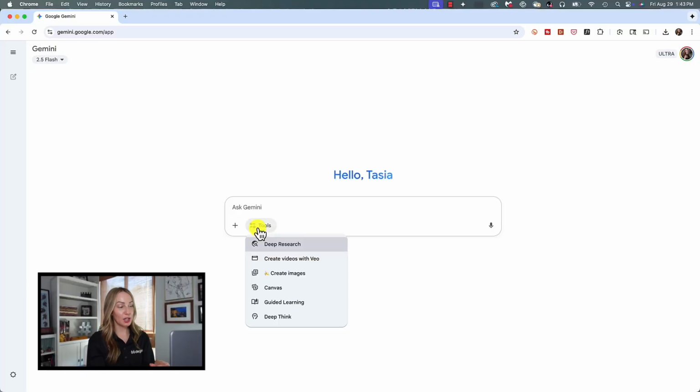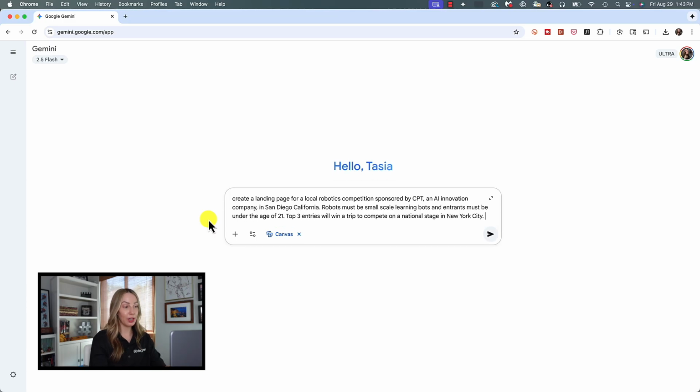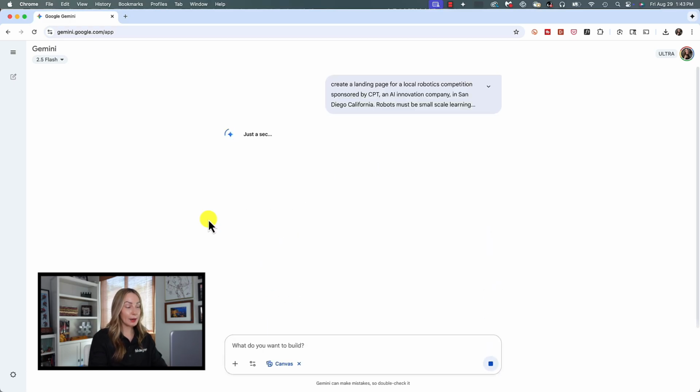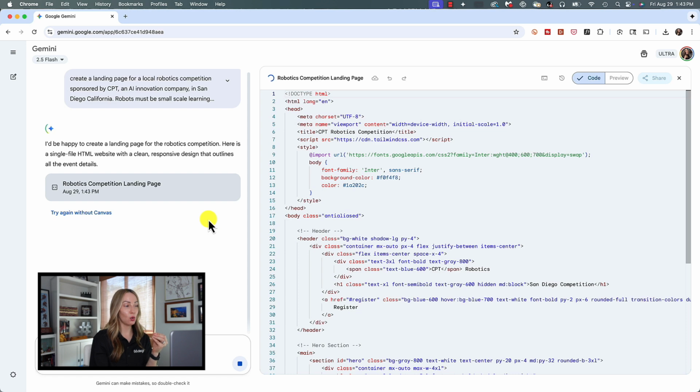All right, now let's quickly code a landing page example so you can see just how efficient Canvas can be. Let's say we need to create a landing page for a local robotics competition sponsored by CPT, an AI innovation company in San Diego, California. The robots must be small-scale learning robots, and entrants must be under the age of 21. The top 3 entries, they'll win a trip to compete on a national stage in New York City. Now, once again, we're going to hit enter, and we'll give it a few seconds here to generate code before